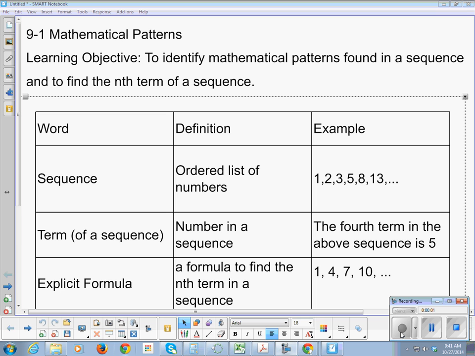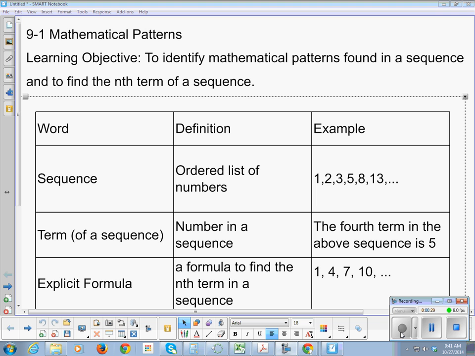All right, so this is Chapter 9, Section 1. It is called Mathematical Patterns. And I think it's just a good idea every now and again to write the word mathematical, because we truncate it into math so often that I forget, is it an E, is it an A? What happens after math? Our learning objective is to identify mathematical patterns found in a sequence and define the nth